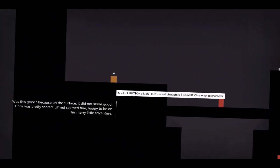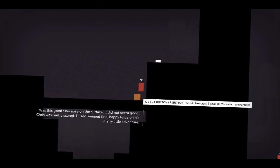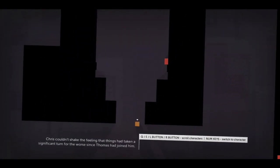Was this good? Because on the surface, it did not seem good. Chris was pretty scared. Well, Red seemed fine, happy to be on his way. Alright, so merry push the little button. Chris couldn't shake the feeling that things had taken a significant turn for the worse since...